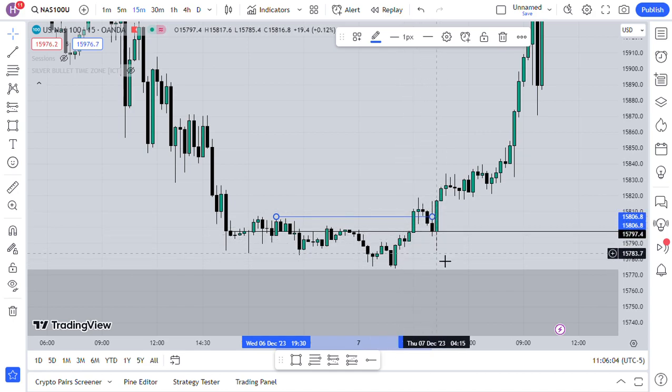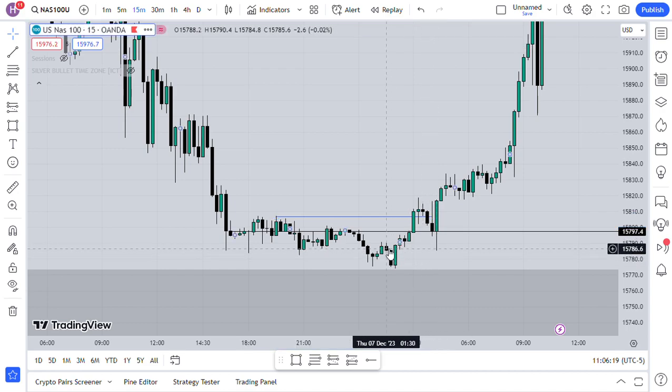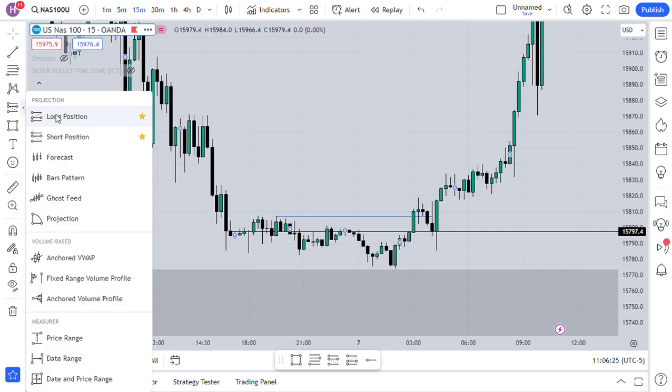Retraced to this fair value gap. You should always focus on the bodies here, and as you can see, it already aligned with my perspective. When it retraced to this fair value gap, to this order block, to the top of this order block, you can take your buy here. A very nice long trade here,